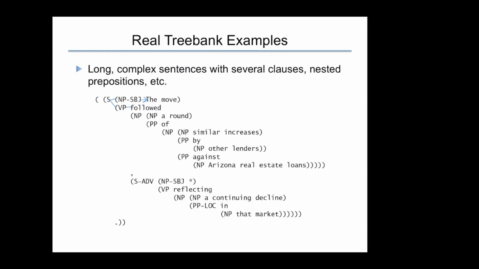Yep, so in this case, the leaf node will be the and move, and VP goes to followed and the NP, and NP goes to NP and PP, and NP goes to A and round, PP goes to off and